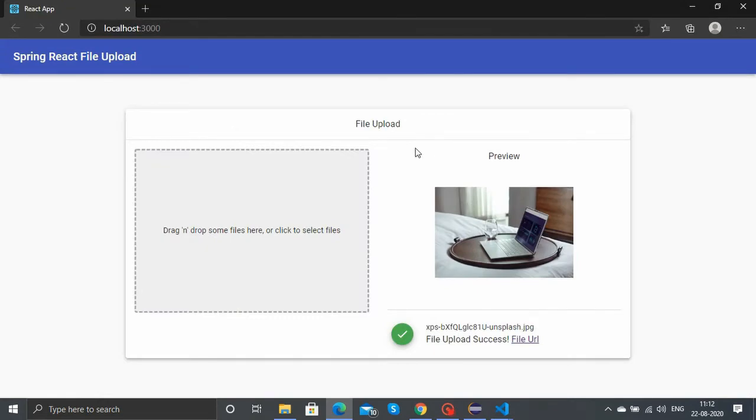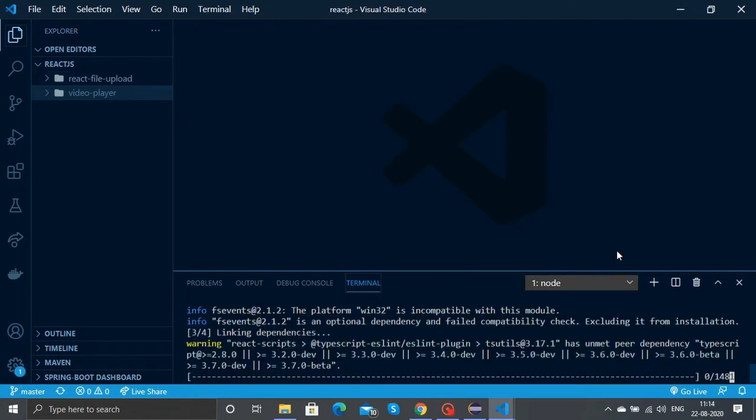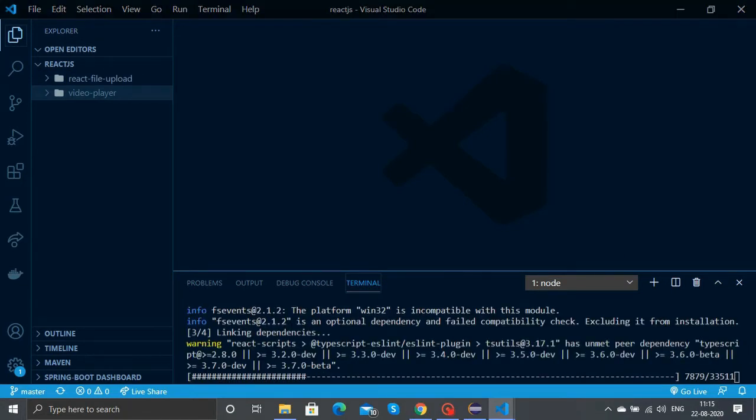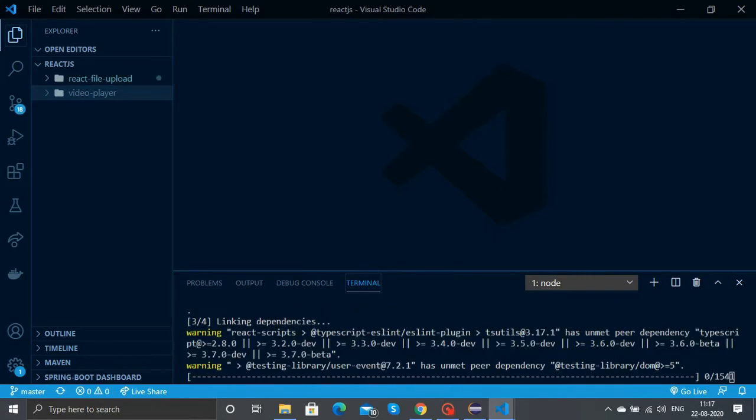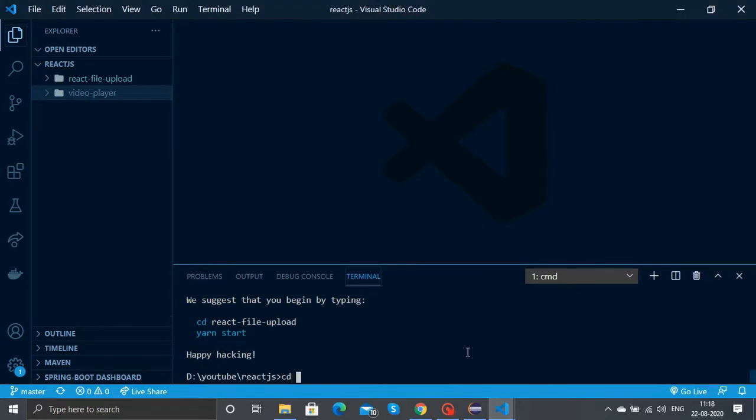Yeah, so let's start the video. First we'll create the app using npx create-react-app. We will name it react-file-upload. Let's wait until the installation is completed.